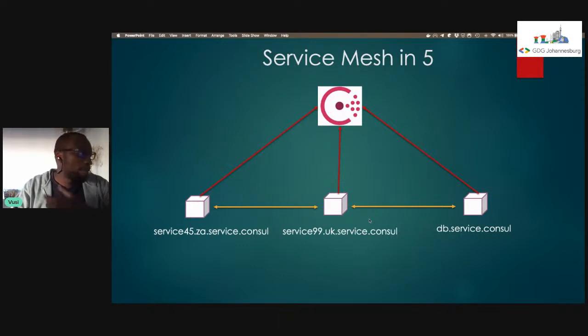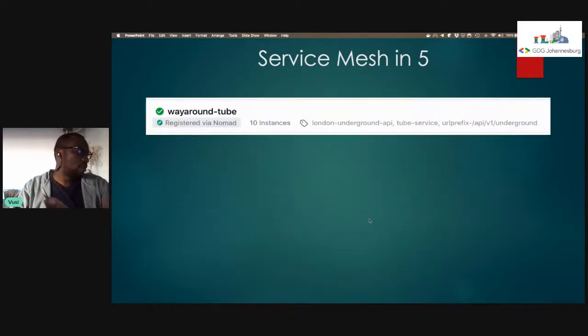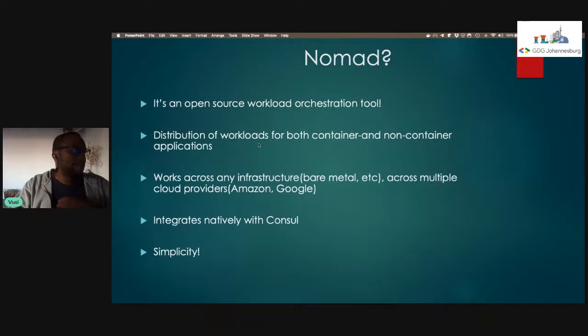Okay. We can see the scalability in that, for example, if we decide to run 10 instances of our service, that's perfectly fine. We can run 1,000 instances, we can run 10,000 instances, we can run 1,000,000 instances spread across multiple geographies. And something like Consul will be able to look at that and give each one a reachability context in terms of service name, reachability, DNS name, how you want to split traffic across, etc. Okay, now